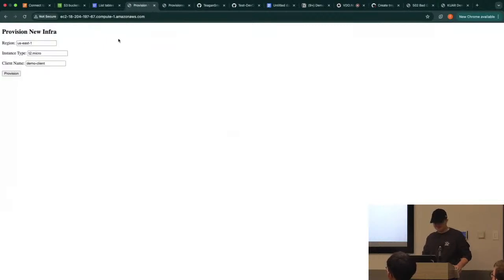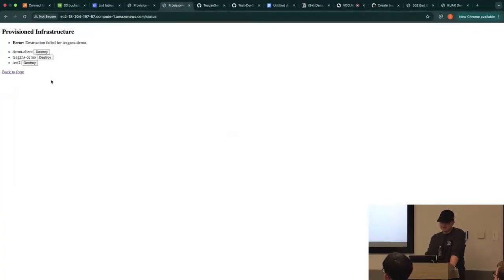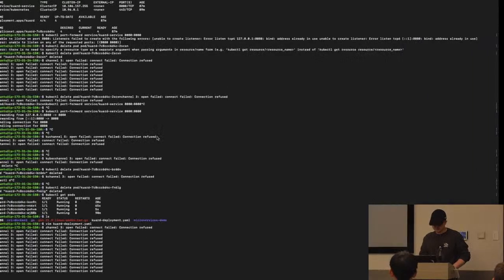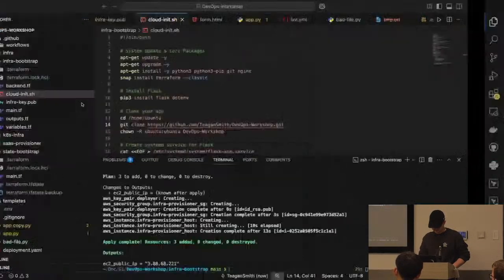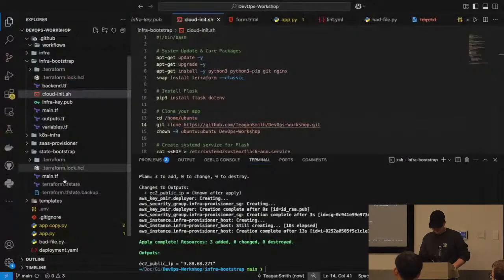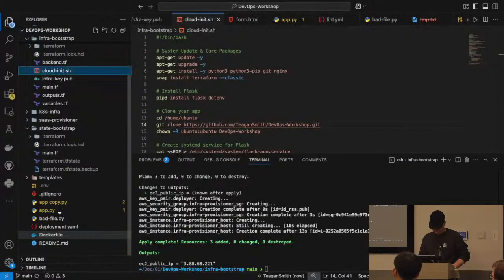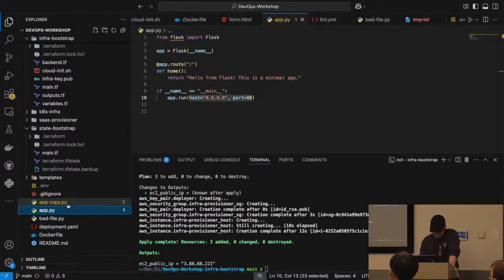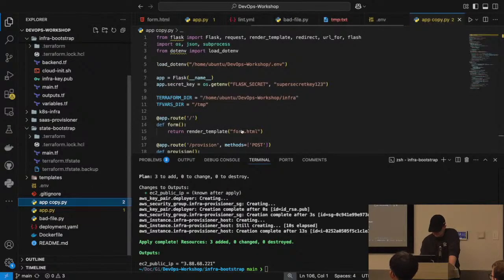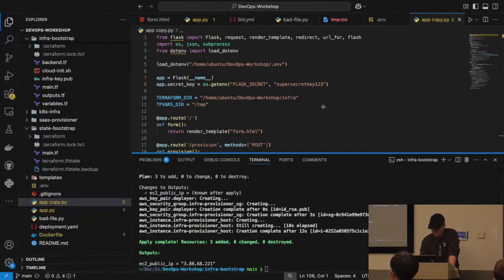Basically what we're able to do is provision new infrastructure just by sending this here, and then you're able to delete these as well. And I was able to spawn up 10, 15 different applications. And all of that is run simply, just to give you guys a rough overview before you leave, through a simple application here. I think I just saw why everything was crashing, but that's fine.